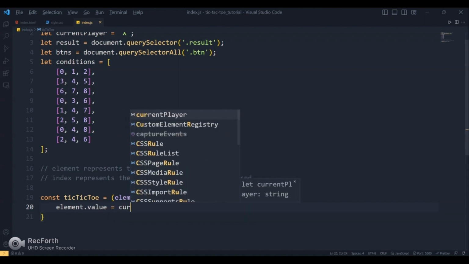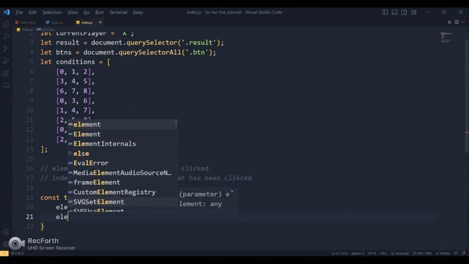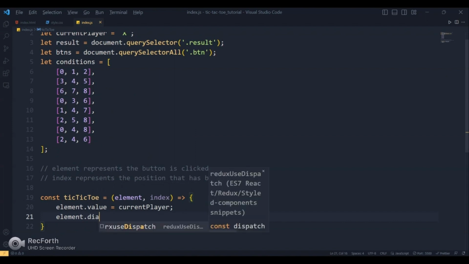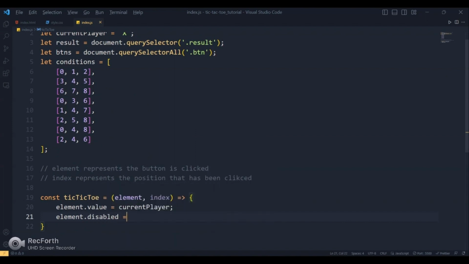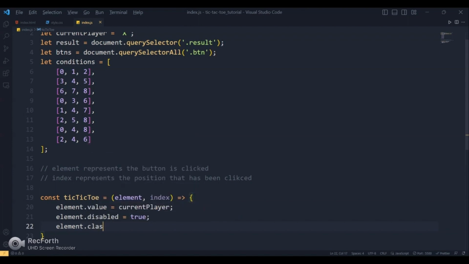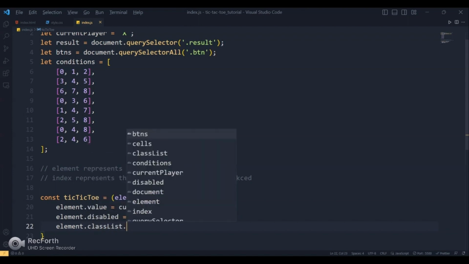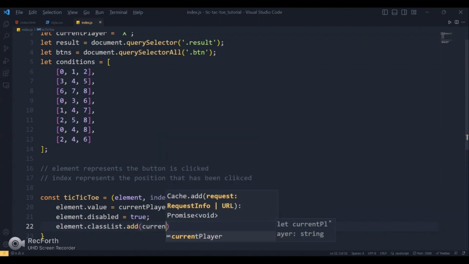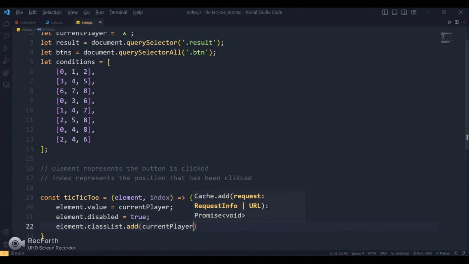We're going to have elements value. Okay, we're going to put it as our current player. Then we made a star for disabled, and here we're going to be applying it. So we're using disabled true. All right. Then we're going to use element the class list. We're going to use add. So we want to add